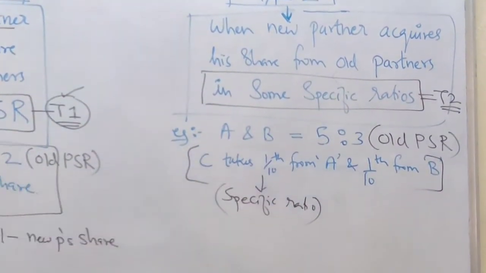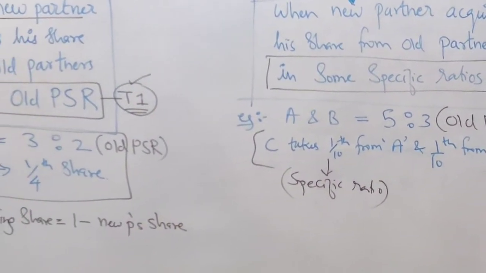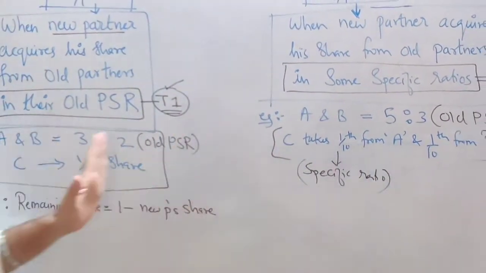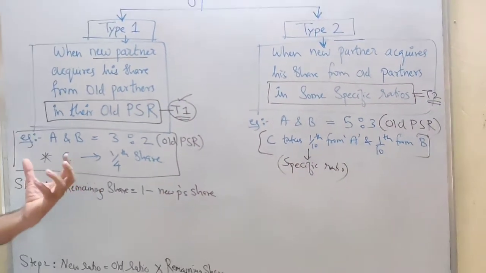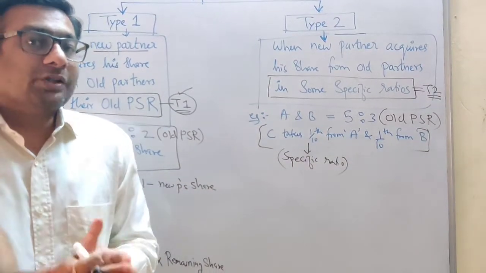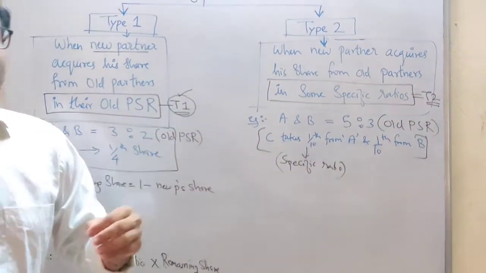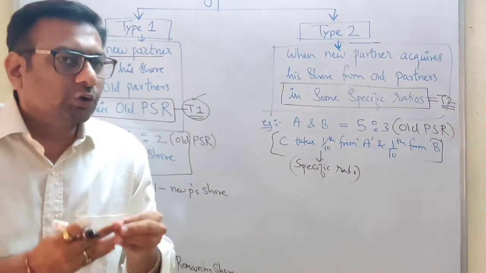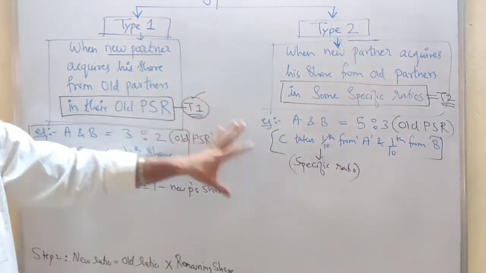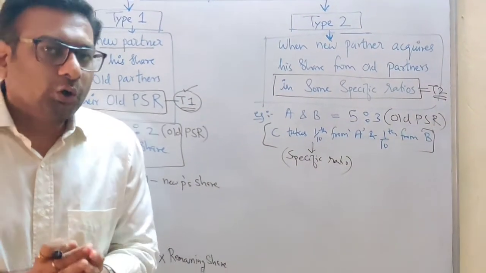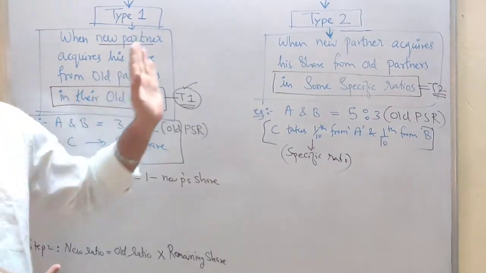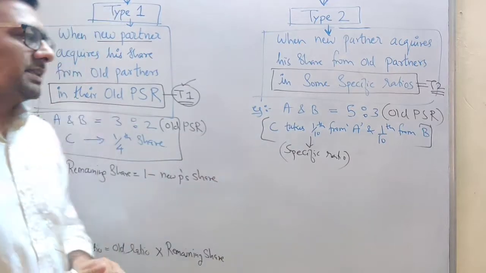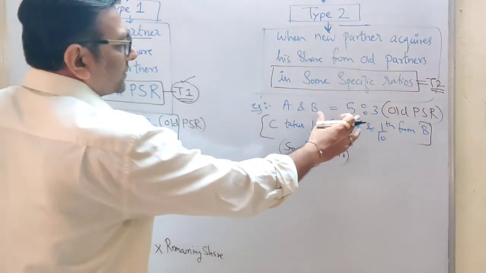So can you make out the difference, students, between type 1 and type 2? To make it very much clear, I have written both the examples side by side. You can compare. When you are seeing this video, you can pause it and look at it, and you can also take down the notes. I don't want you to just watch the video. Also sit with your notebook and pen. I want you to take notes of this. Am I clear? So I hope you have understood the difference between type 1 and type 2, and that you will easily distinguish that this question is type 1 and this question is type 2.